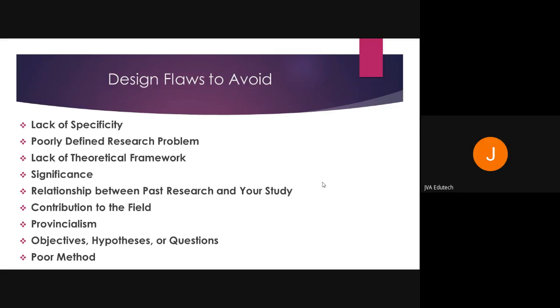Then you have to be very clear with your objectives, hypotheses, and research questions. In most of the theses, I never find a research question. I only find the objective and the hypothesis. See, every research article manuscript should have a research question, and the ultimate aim of conducting that study is finding the answer to those research questions. Then only it will be properly aligned.